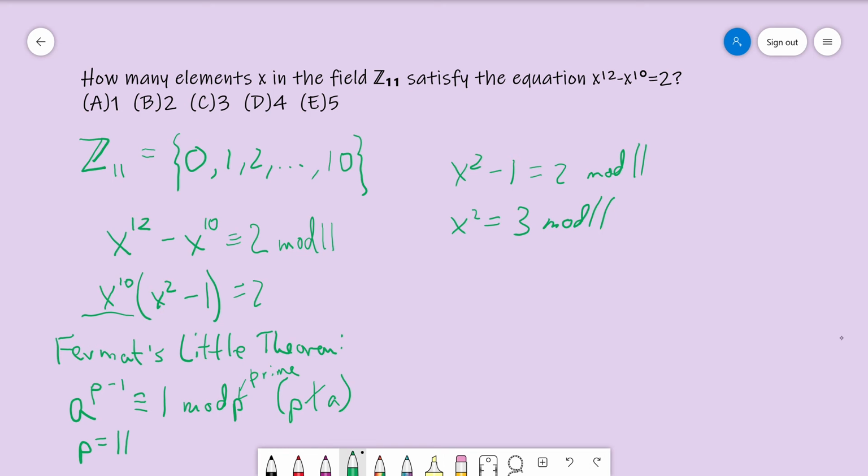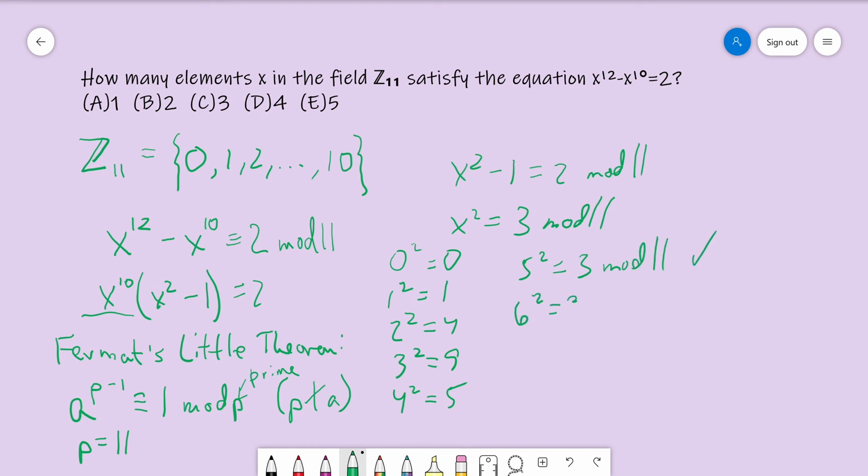Well, 0 doesn't. 0 squared is equal to 0, so that's no good. 1 squared is equal to 1. 2 squared is equal to 4. 3 squared is equal to 9. 4 squared is equal to 16, which is actually 5 mod 11. 5 squared is equal to 25, which is 3 mod 11, because 11 times 2 is 22, plus 3 is 25. So that's one. 6 squared is 36, and 36 is also equal to 3 mod 11,